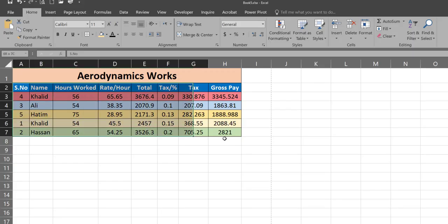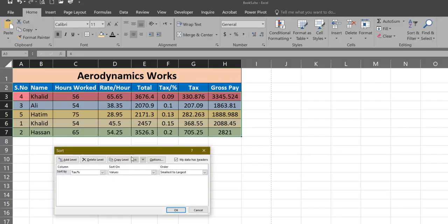Now let's see, we select this custom sort. Let's say the first one we select is name from A to Z. It gives you the option of adding one more level, so we can click this. And the second one we use is the hours worked, again from smallest to largest.